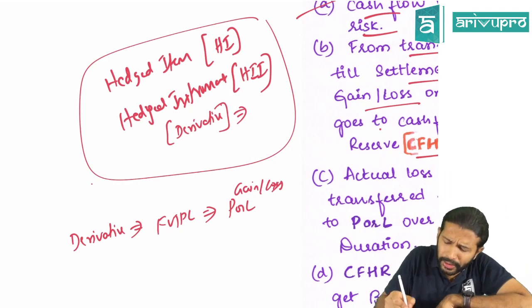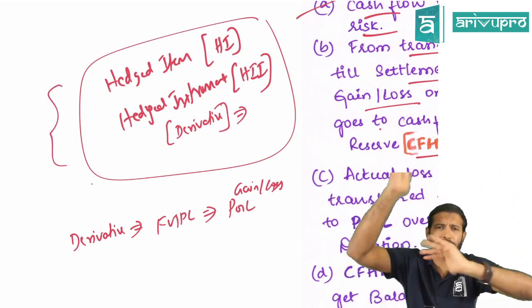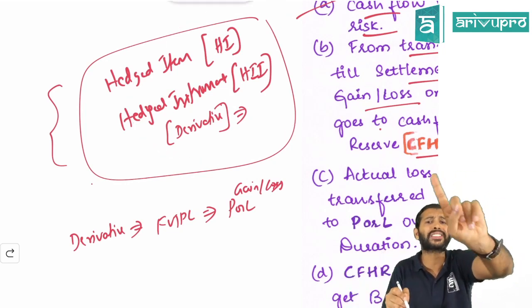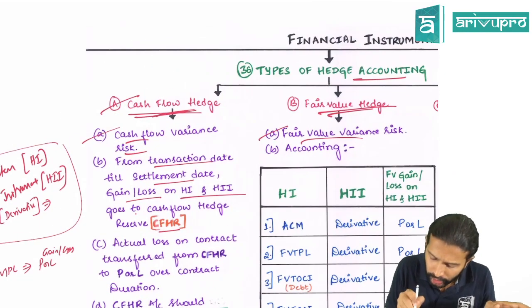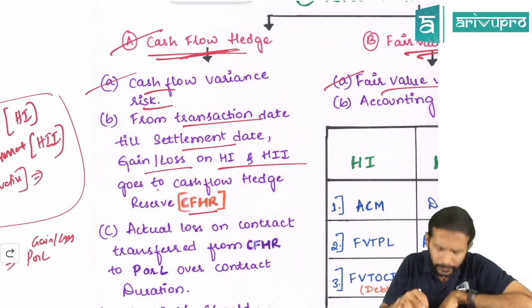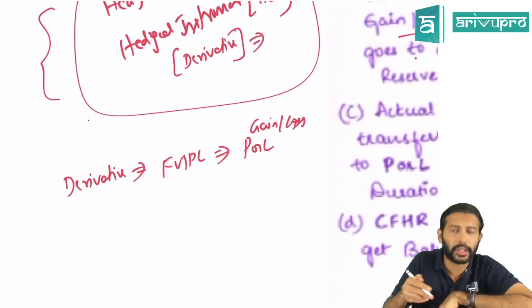But why did they recommend that both these, the exchange gain or loss from the transaction date till the settlement date, whatever gain or loss you are getting on this, Ind AS 109 is not asking us to put it in P&L. They're asking us to put it in an OCI item known as cash flow hedge reserve. Now, why are they telling that? Maybe if you want to know that as well, I'll give you another example.